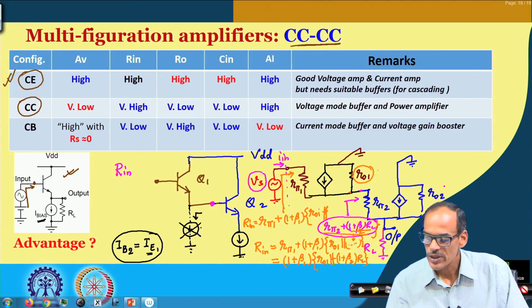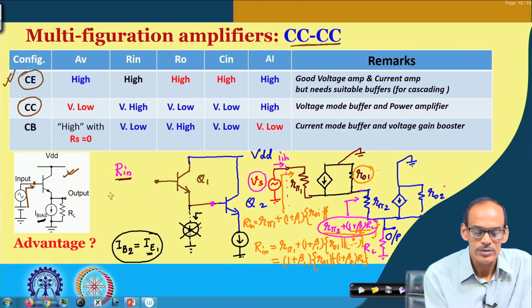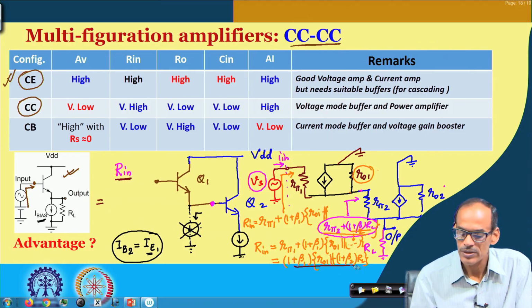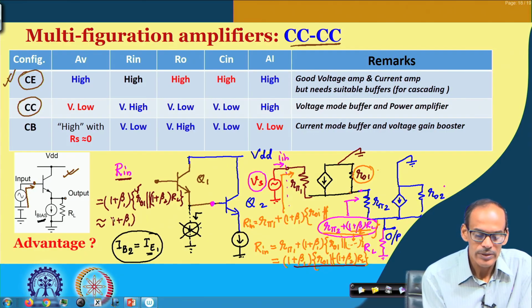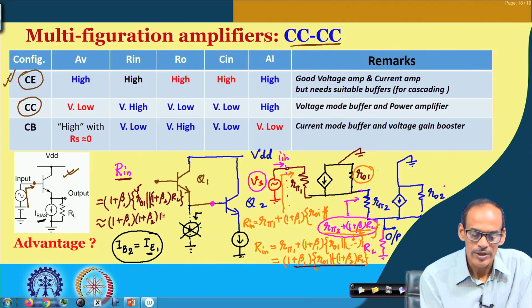Okay. So, if it is very clumsy for you, I am writing the final expression here: 1 plus beta 1 multiplied by R O 1 in parallel with 1 plus beta 2 into R L. In fact, if you ignore this part, what you can say here is 1 plus beta 1 and then 1 plus beta 2 multiplied by R L,